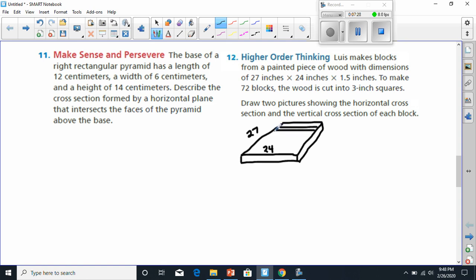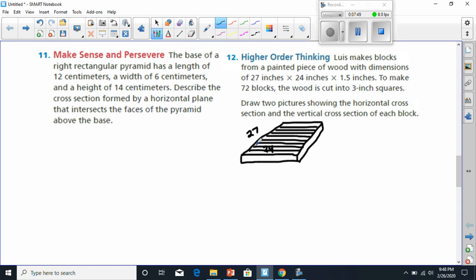1, 2, 3, 4, 5, 6, 7, 8, 9. And then there's going to be